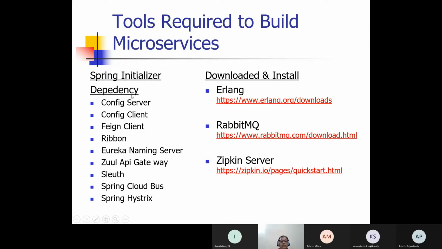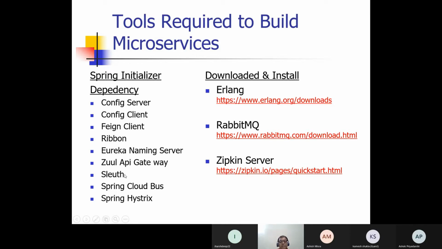Out of these 12 tools, most are available as Spring dependencies, so we don't have to take extra pain. They will be downloaded from Spring Initializr itself.